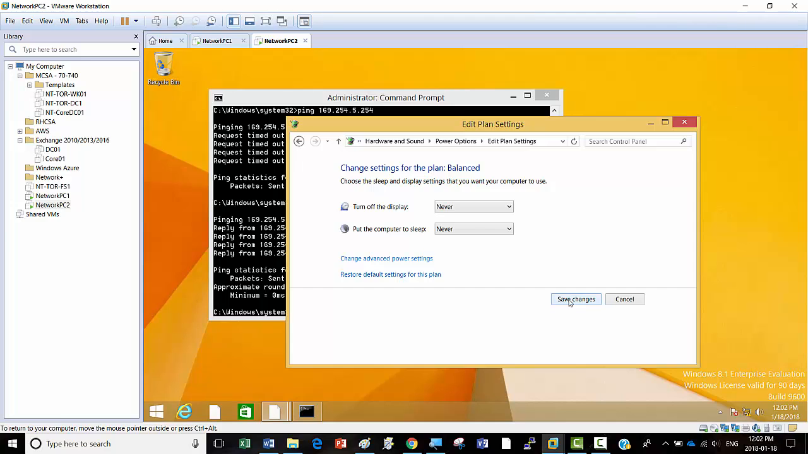If you have one, just choose that one. Virtual machines always share the physical machine's resources. What you guys have on your physical machine, you will have on your VM. Otherwise, you cannot have that. Click on save changes and